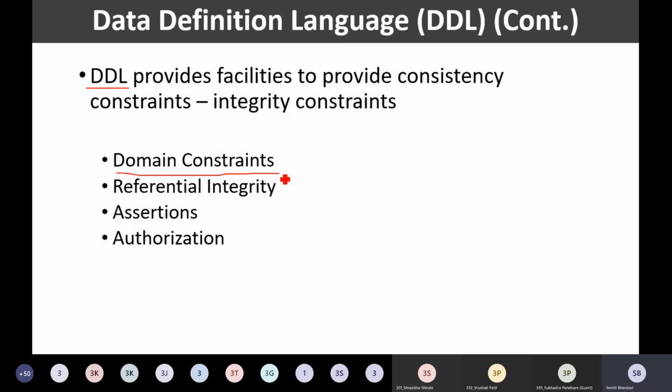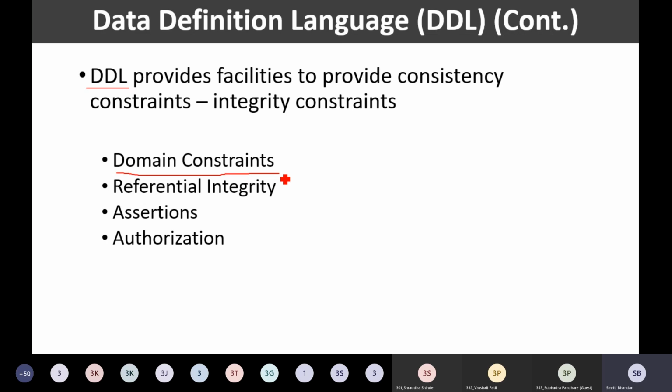Constraints are used to impose certain conditions. Many times we need to validate our data against certain constraints or against certain conditions. So there are facilities provided by DDL, data definition language, that will allow us to provide such consistency constraints